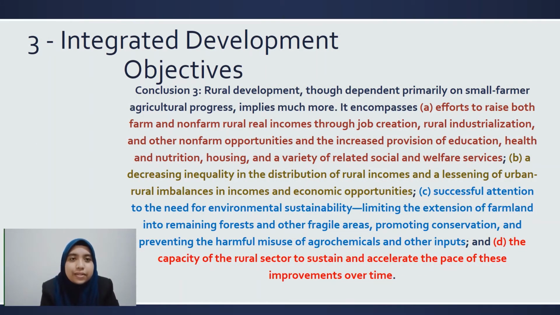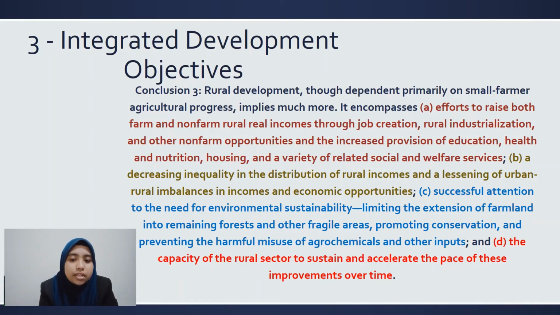The last conclusion is the integrated development objective. In this conclusion, we can divide it into four sub-points, which is rural development, third, dependent primarily on small farmer agricultural progress implies much more. The first point is it encompasses efforts to raise both farm and non-farm rural real incomes through job creation, rural